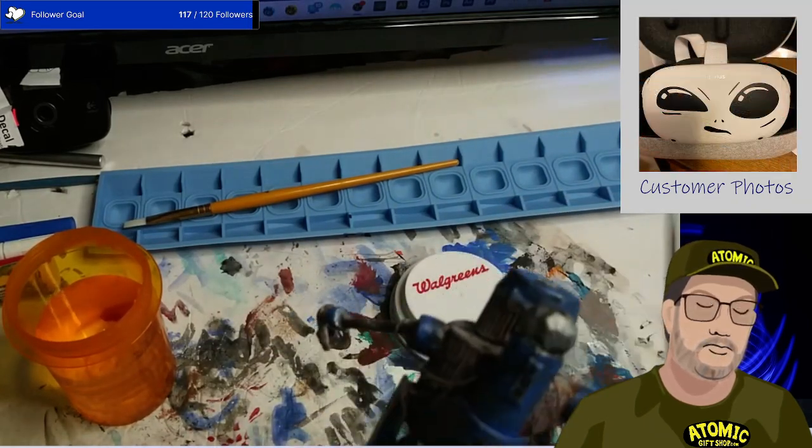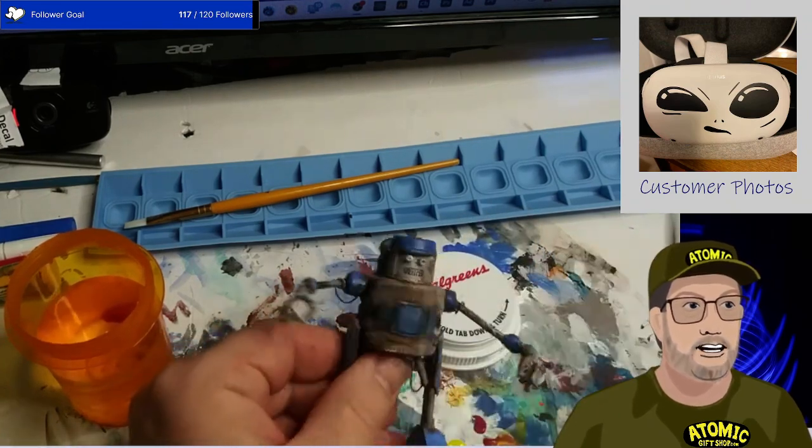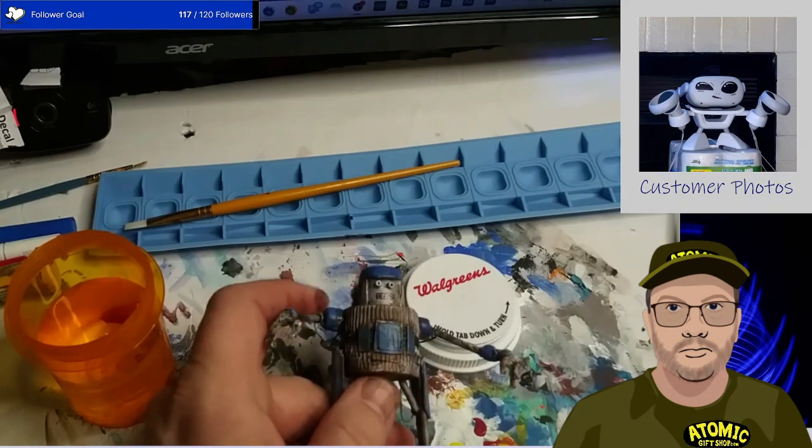Oh, look at that little... It's a kind of a subtle effect on this model, but I'll go with it. Let's see if I can...